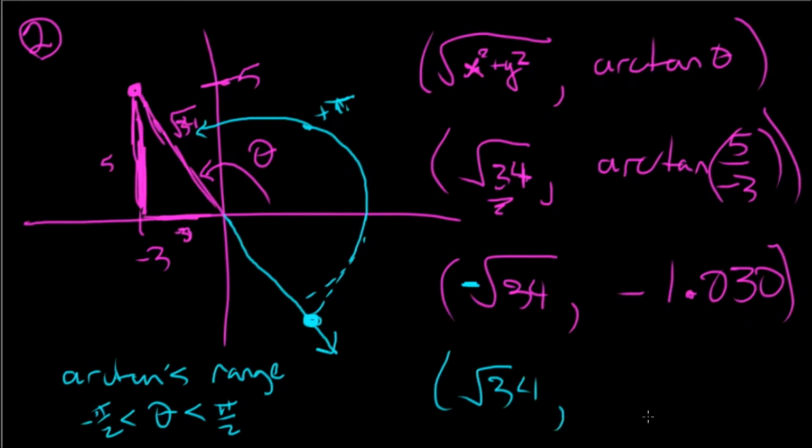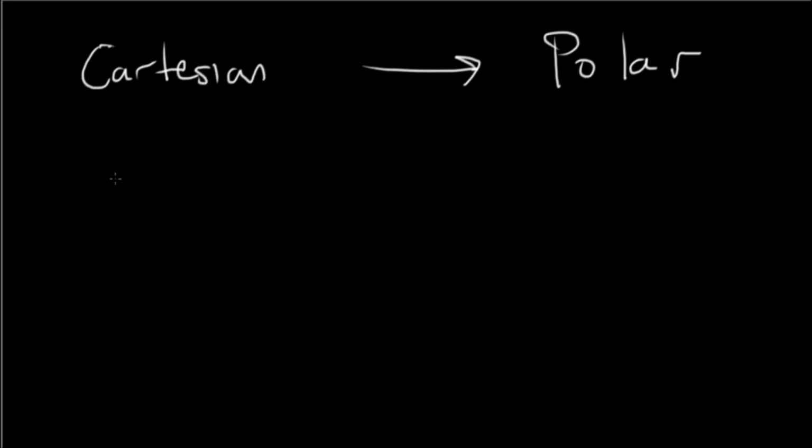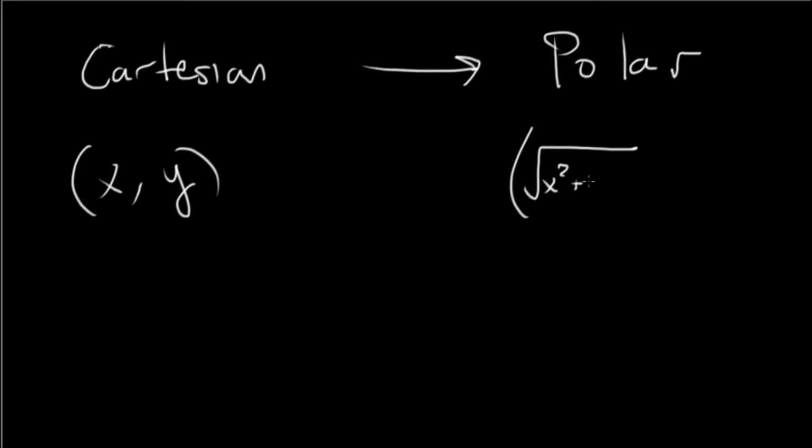Square root of 34, comma, -1.030 plus pi, or -root 34, comma, -1.030. So please be careful. The formula for going from Cartesian to polar is not as straightforward as polar to Cartesian. Given an x and a y, we will be the square root of x squared plus y squared, comma, arctan of y over x